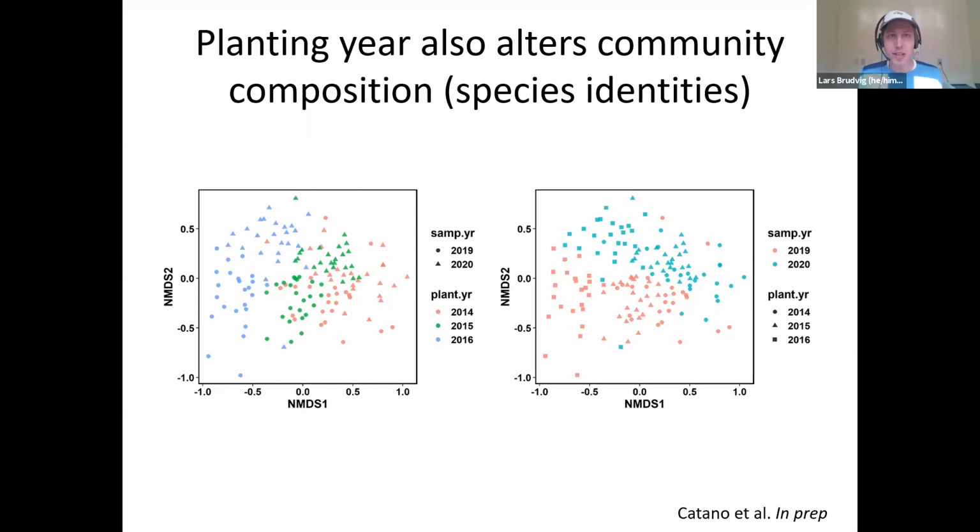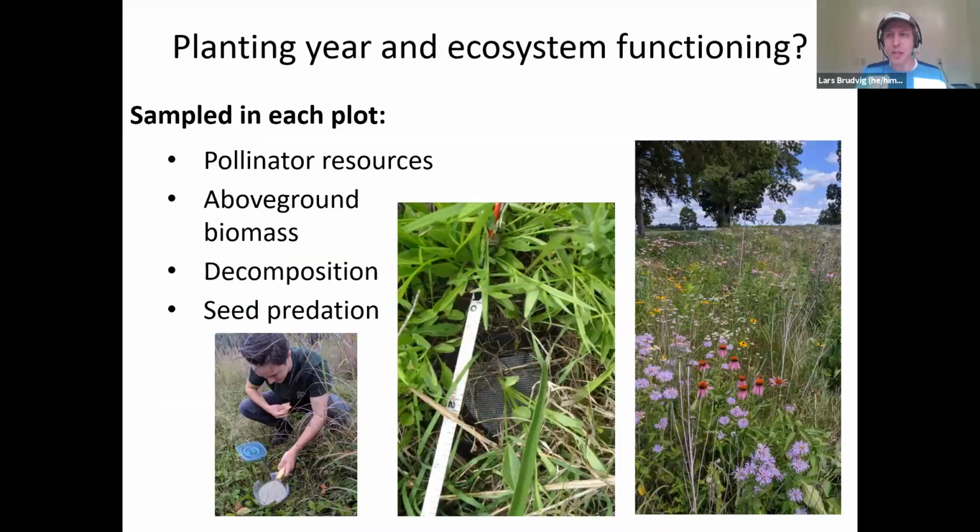So Chris then wanted to know about the ways that they're functioning. And the ultimate goal here is to connect these relationships between the plant diversity and the attributes of ecosystem functioning within these plots, and understand how those are modified by the planting year. We haven't done that yet, but I want to show you some of these results about the ways that these reconstructed plots are functioning. Chris and Aiden Pace, who is an undergraduate with our group, went out to these plots